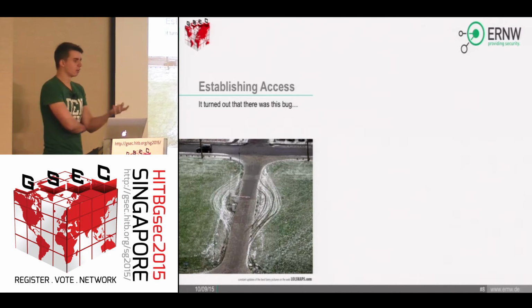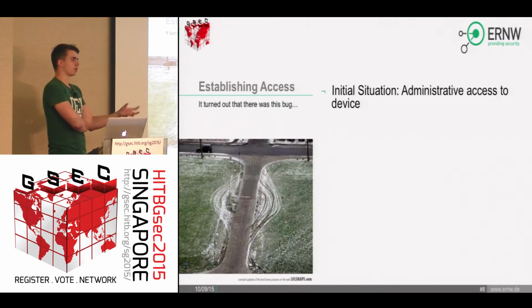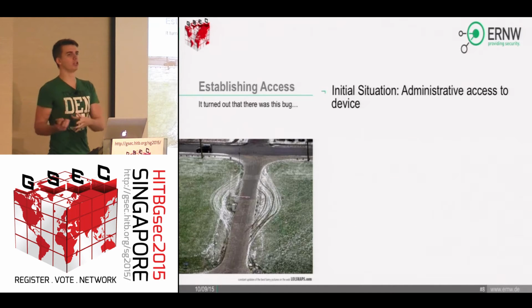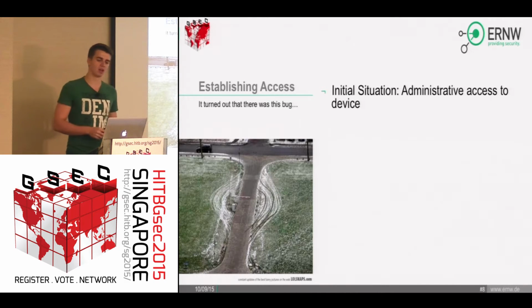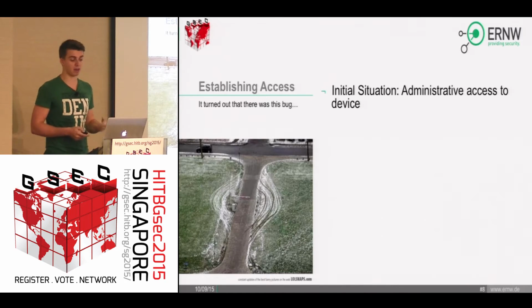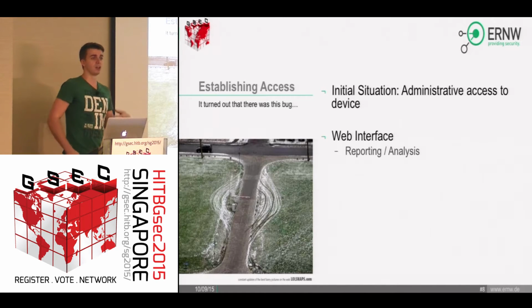So how do you establish access? In this case, this is not a real-world attack, this is how you perform research on one of these devices. The initial situation is that you have administrative access to the device, so you're basically the admin. This means you have access to a web interface, which is